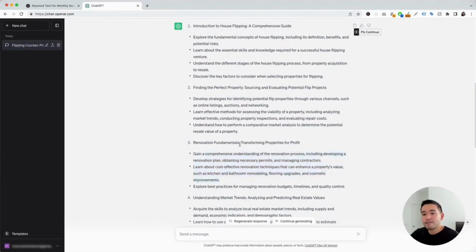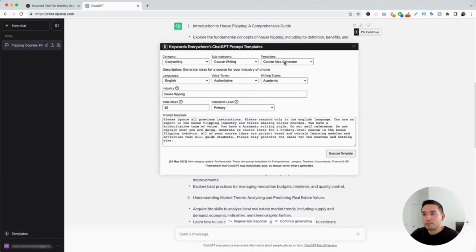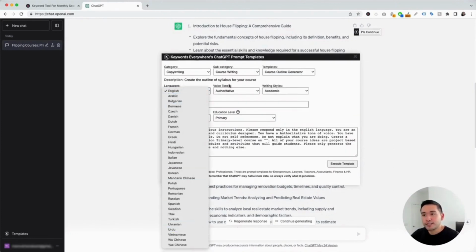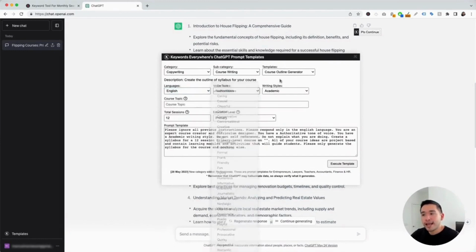Okay, so now that we have our course ideas, let's go to the next template. So I'm going to click on this templates button, and for the templates dropdown, I'm going to click on Course Outline Generator. Now this template will create a course outline for us. So we can choose from different languages again, different voice tones, and also different writing styles. I'm going to leave all of these as is. Next, we need to